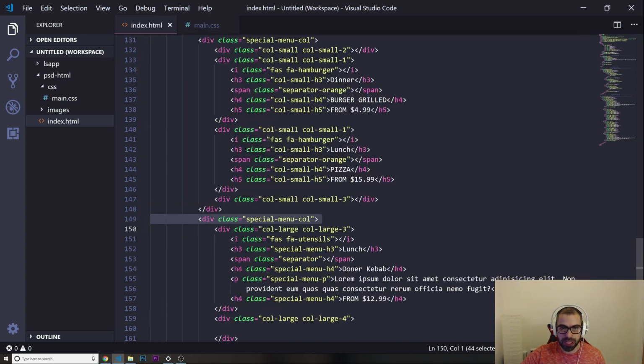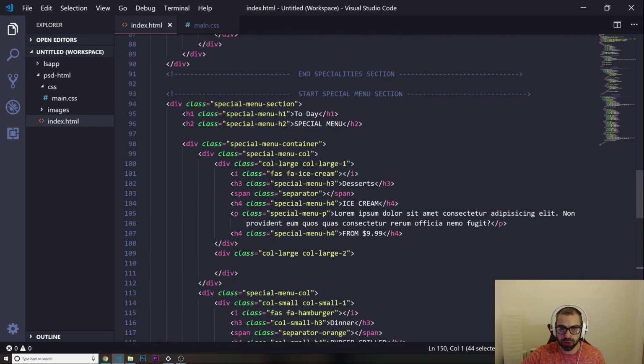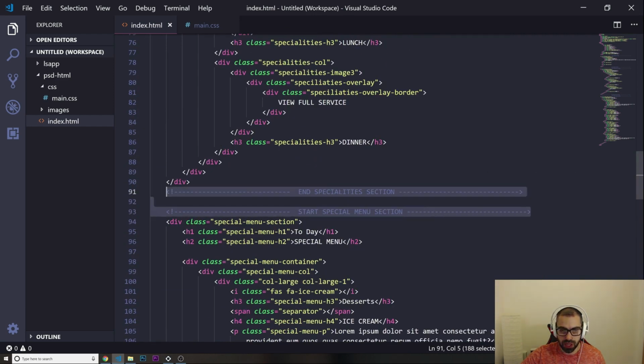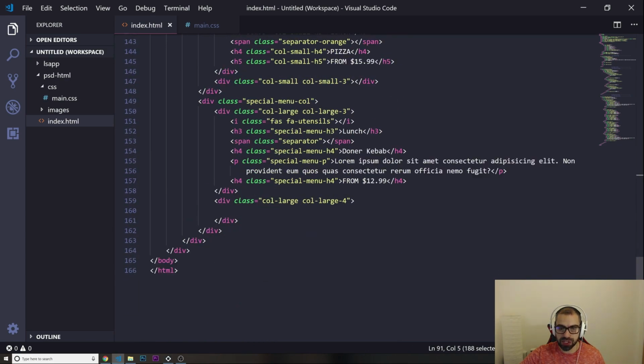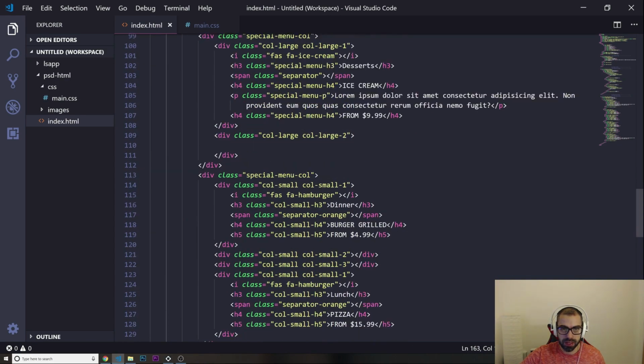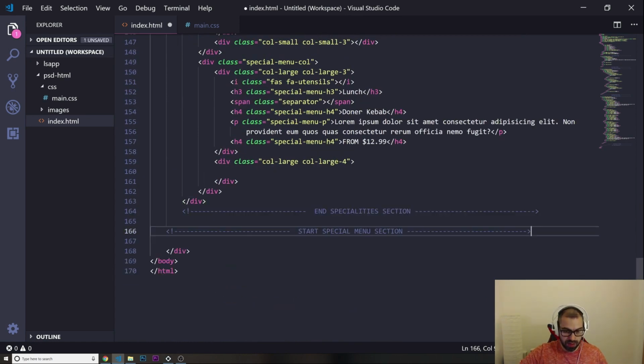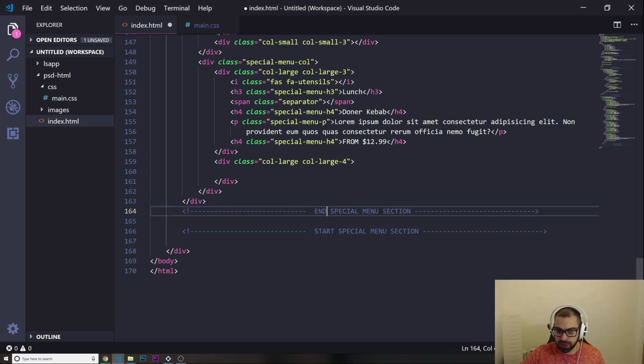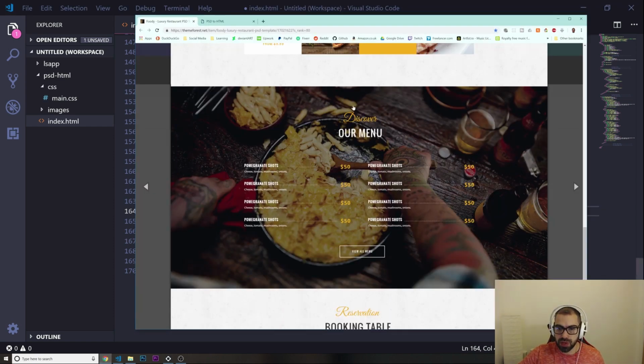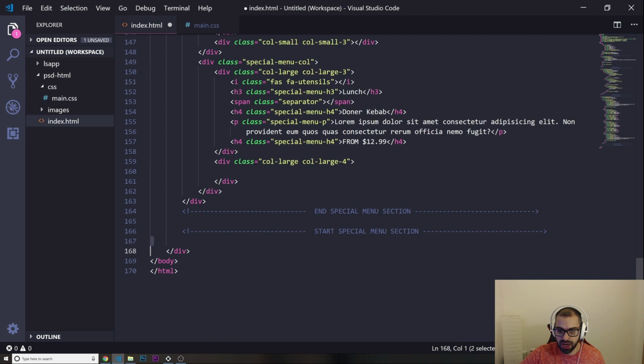So first thing I'm gonna do is go in here to my Visual Studio Code. I'm gonna put these comments, just to separate our code really well. Let me just see. So it should be in here. Okay, so I'm gonna copy this, and I'm gonna put this in here, and I'm gonna put end of the special menu section. And now in this video we're gonna build this section in here, which is our menu. Okay, let me go in here, start